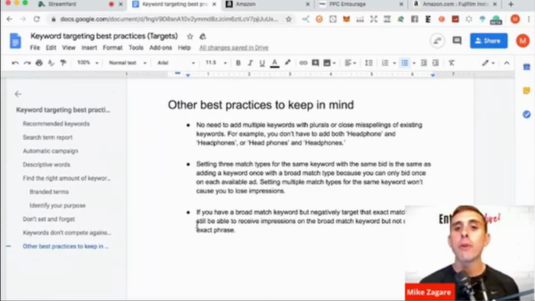All right, last one. If you have a broad match keyword but negatively target that exact match, you will still be able to receive impressions on the broad match keyword, but not on the exact phrase. So this is a common strategy that we don't promote very much, but basically this is the strategy where you have a broad match keyword. Let's say it's a very relevant broad match keyword, and you're using that to connect with other shopper search terms because it's broad match. So let's say it's a grill brush.